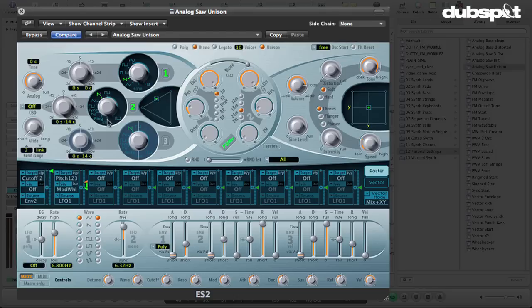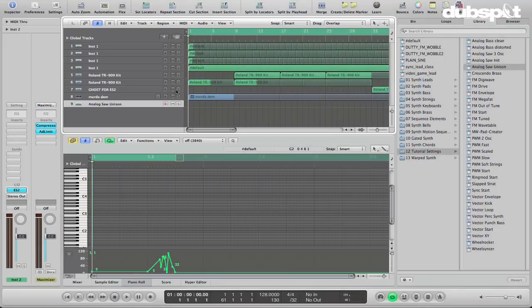This controls the mix between the three oscillators. I'm going to use these two. And then I had this oscillator here tuned down an octave. I also had the cutoff turned down quite a bit, right around here. Let's just play this while I do this so you can hear what's going on. I'll grab my